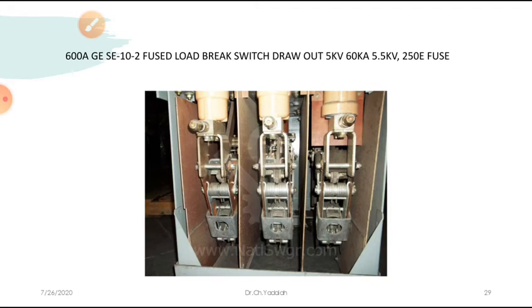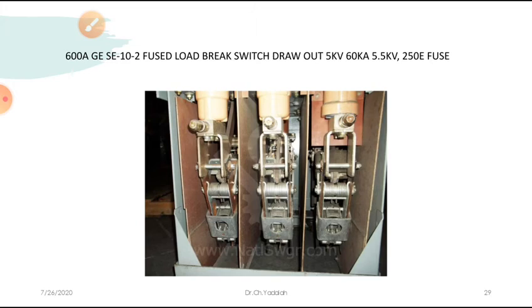Now, instead of breaking the load with normal switches, for example, you can see this is a knife switch generally used in our laboratory, where the current can easily be broken and made for about 15 amperes. But even then an arc is produced. To avoid that, we are going to use the medium, that is the load break switch. The load break switch is a special purpose device with which we break the load.